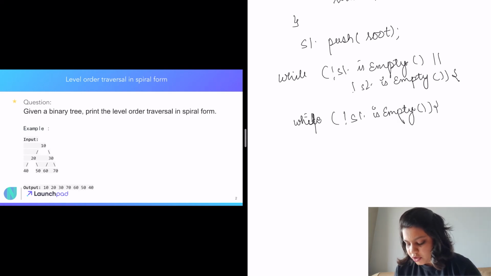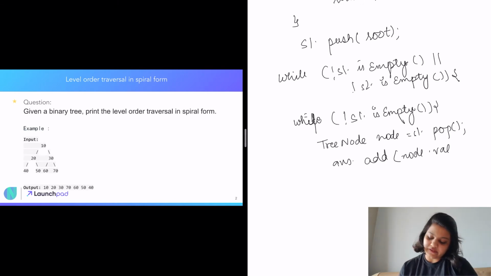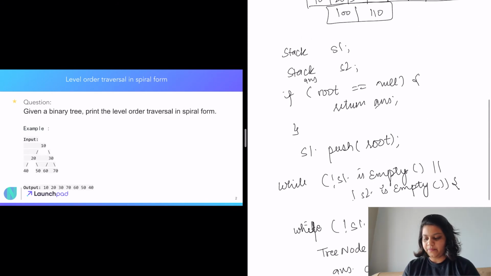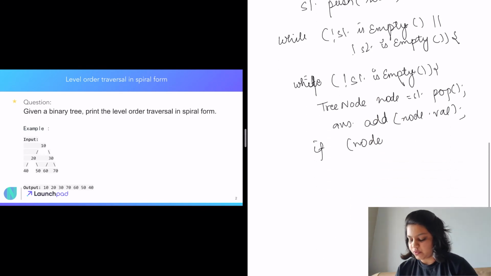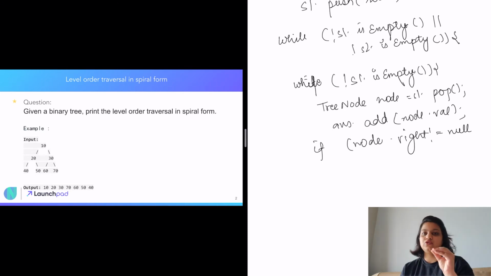We are going to take a root, say a tree node, and get the popped element. First we are going to add the value of the node in our array list, and then we check if the node has children. Now remember, S1 is for R to L and S2 is for L to R, so now we have to add in S2. So for L to R, we'll first check the right element, because in S2 left has to take precedence over right, so left will get popped first. So we need to insert right first, so that left gets inserted afterwards and gets popped first.